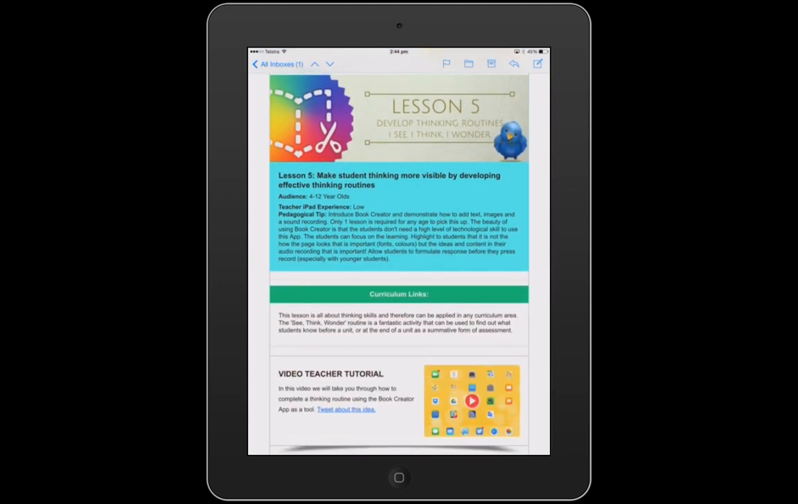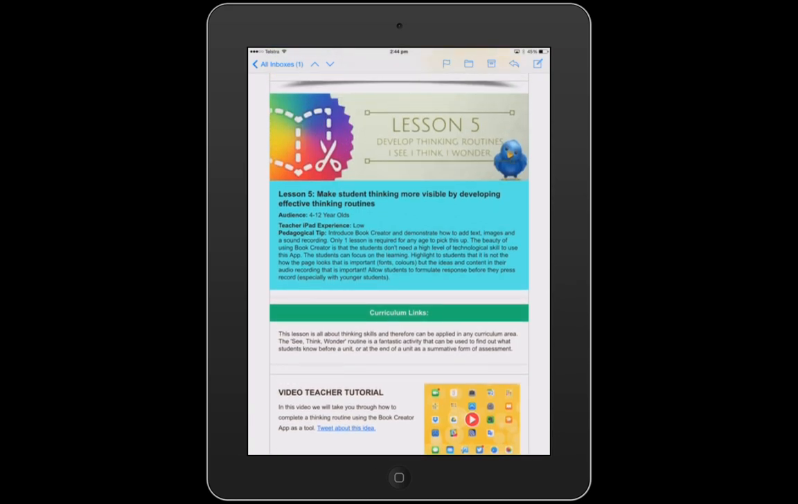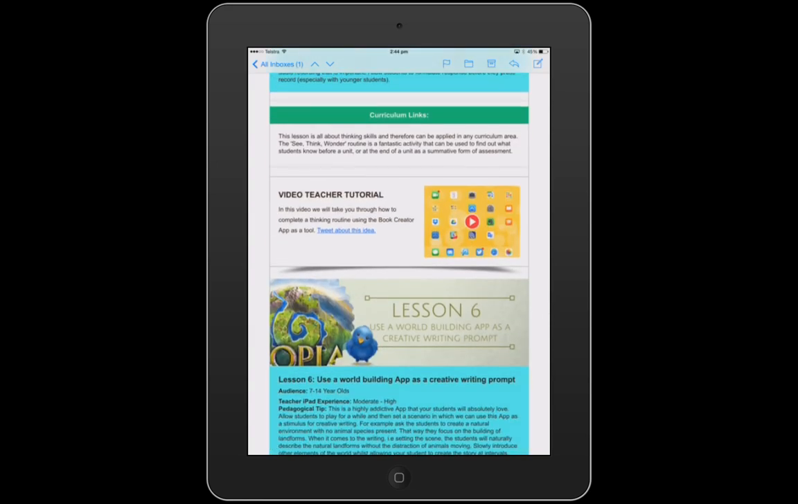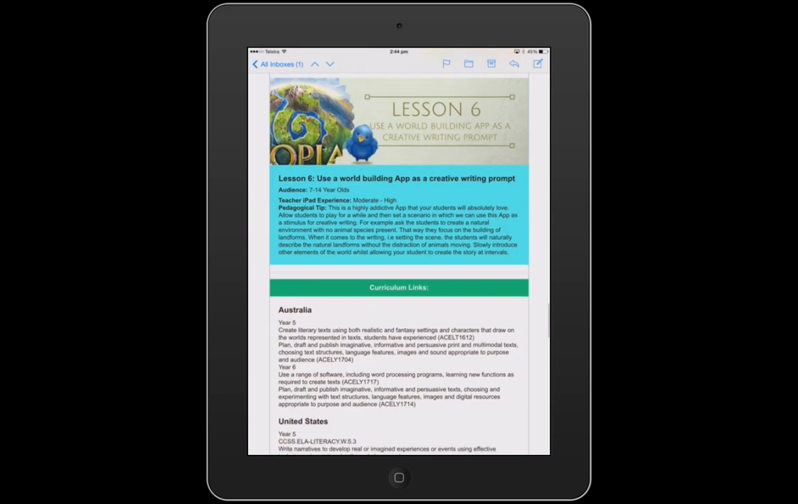Then we jump into some thinking routines to make thinking visible using Book Creator, a fantastic activity that you can do from anywhere from 4-year-olds right through to 13, 14, 15, 16-year-olds. A fantastic lesson to get kids actually thinking about their environment and what's going on around them. Video tutorial. And then we look at one of my favorite apps, a world-building app called Topia, where we use